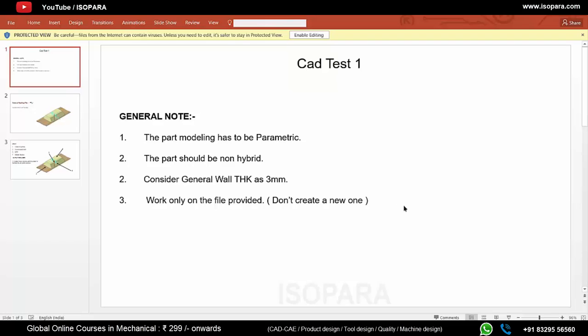In this video, we will be solving our first CAD test in NX. Okay, so we have the general note that the first thing is that we need the part modeling to be parametric. That is, it should be changeable. Then the part should be non-hybrid, and we have the general wall thickness as 3 mm. So the part thickness is 3 mm, and we only need to work on the part file that is provided